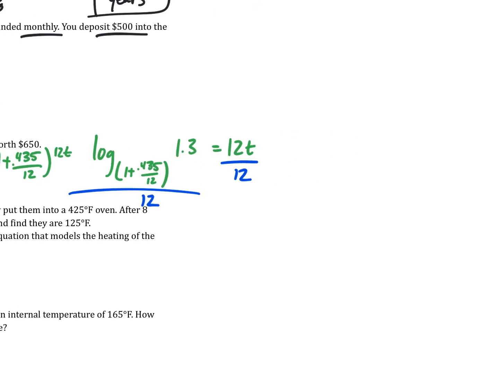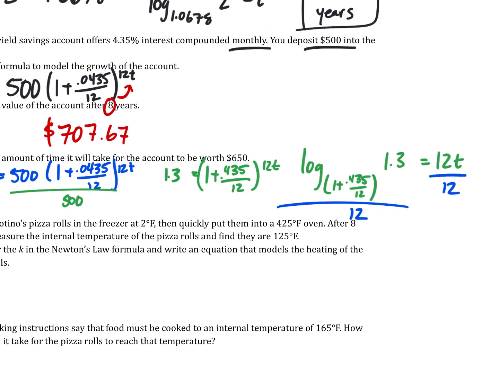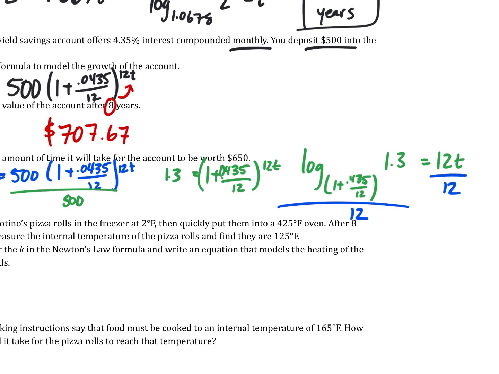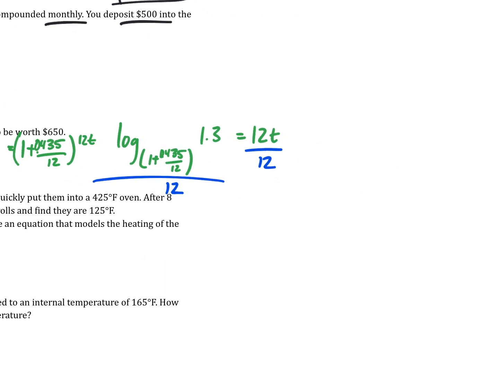So, by the way, there was some point at which I lost my 0.0435. There should have been a 0.0435 and a 0.0435. That kind of threw me off when I was typing in my calculator, but I caught the mistake. Oh, wow. This gives me, I got to divide that by 12 then. So then it gives me 6 years and 349.82 as a decimal. That is 6.042 years, just over 6 years for that to reach that number. Okay,